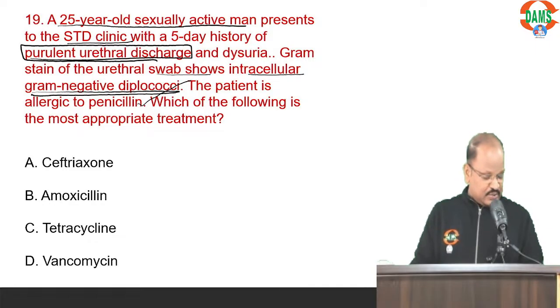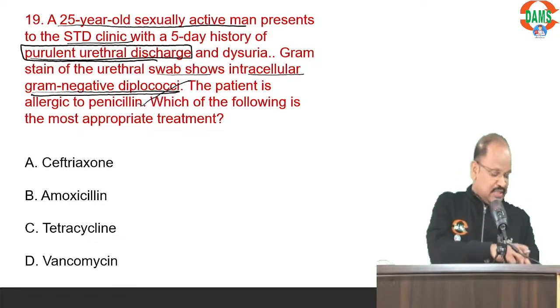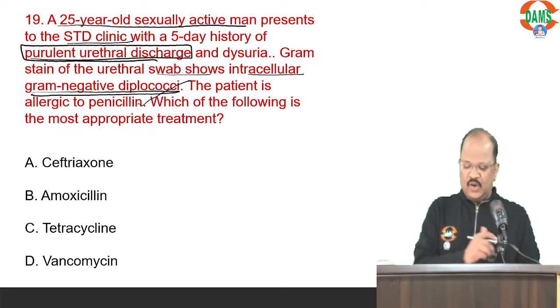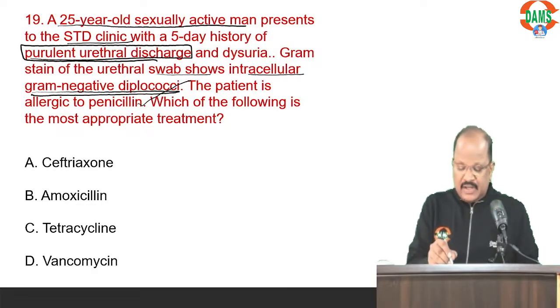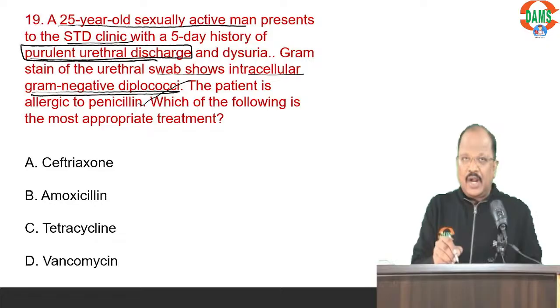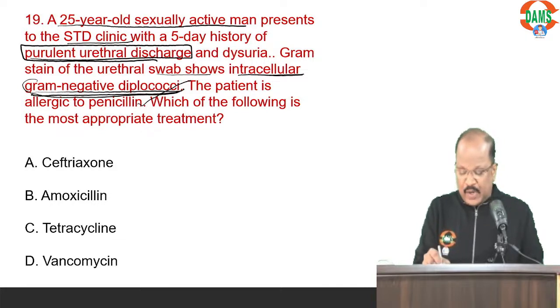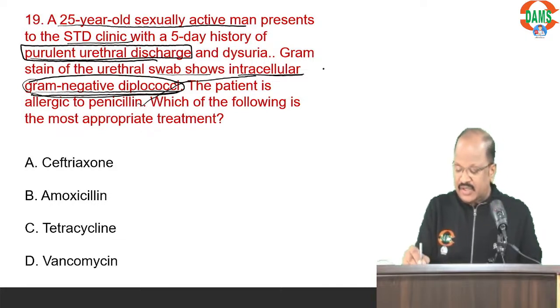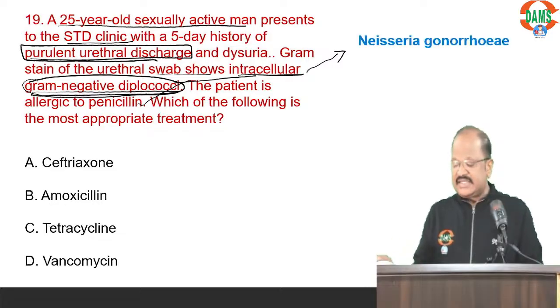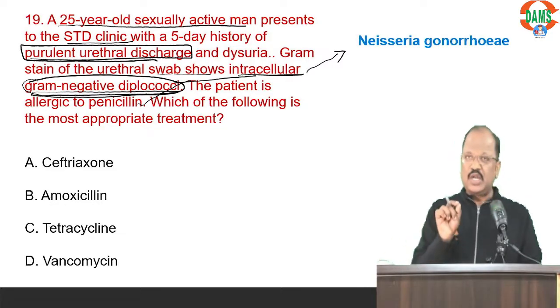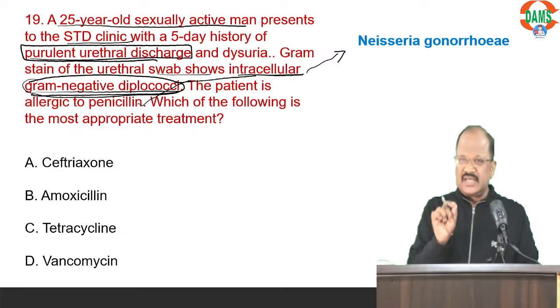Fantastic question. Can you please answer? Anybody? I'm waiting. Look here. They show a patient having purulent urethral discharge and the swab shows intracellular gram-negative diplococci. This helps in giving the diagnosis of Neisseria gonorrhoeae, gonococcal urethritis. For this case, surely the drug of choice is